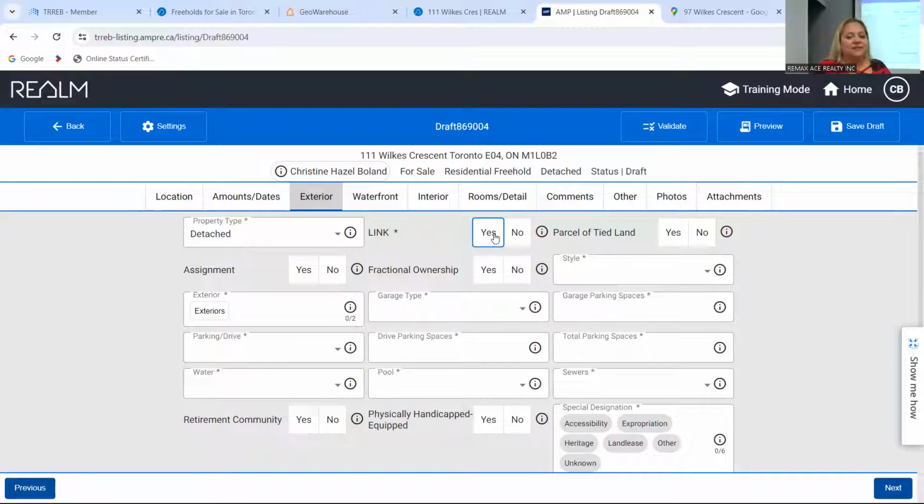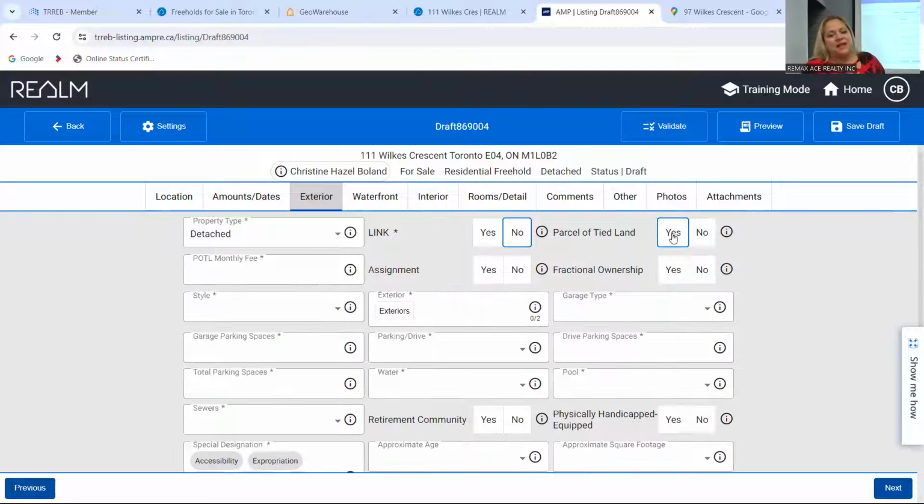If I click yes, okay, it's going to make me put in what the, oh, sorry, I'm totally spazzing here. That's a parcel of tied land. But yes or no has now become a mandatory field, which it never was before. Okay. And then the parcel of tied land, this is the part that I was looking at. If you put no, nothing happens. If you put yes, it's going to bring up and make you put in what the parcel of tied land